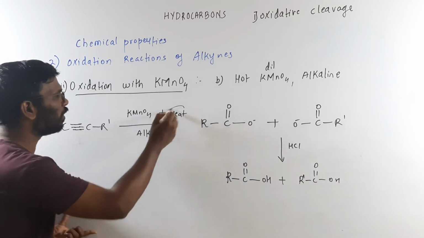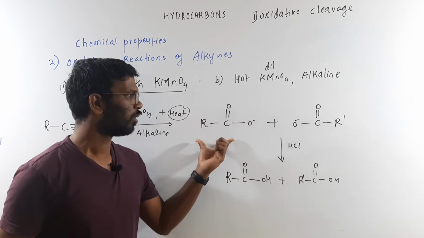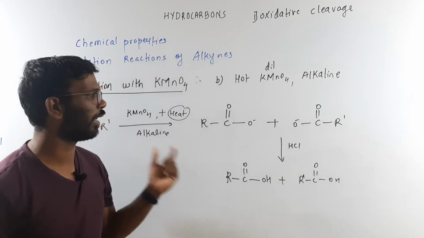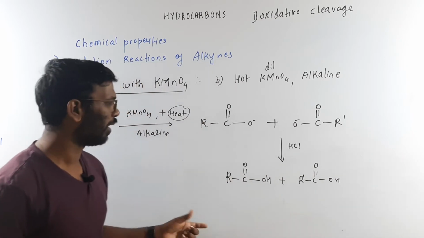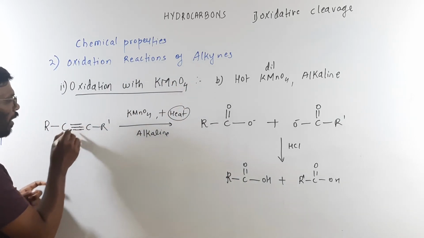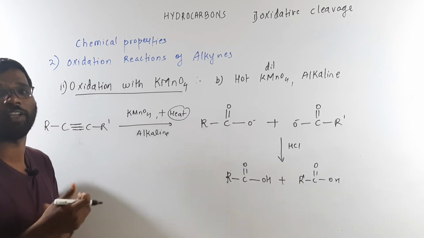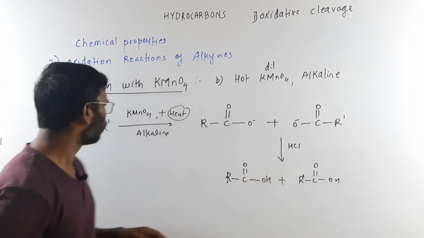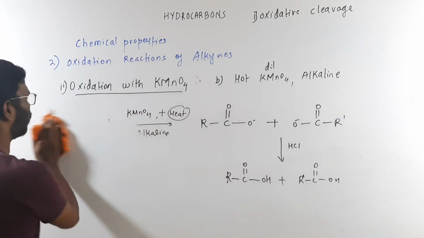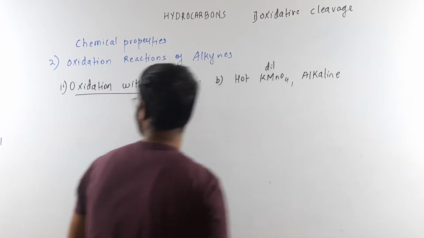So because of this heat, there is a breaking of this bond, and what you get is the acetate. Not acetate, what we say, a carboxylate ion. We are getting a carboxylate ion in general. And finally, you are getting two carboxylic acids if it is an alkyne of this type and not a terminal alkyne. I will do the examples when it is a terminal alkyne also. So here let's take one example of this. If this is the case, let's take one example this way.